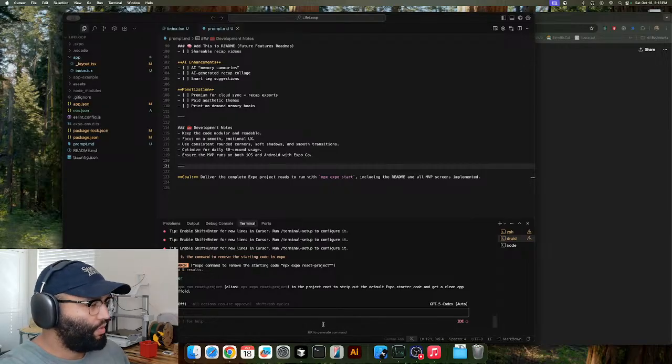Let's see. Shift tab. There's this shift tab thing where it has different allowances. I basically wanted to just run everything so I don't have to intervene. So I'm gonna tell it